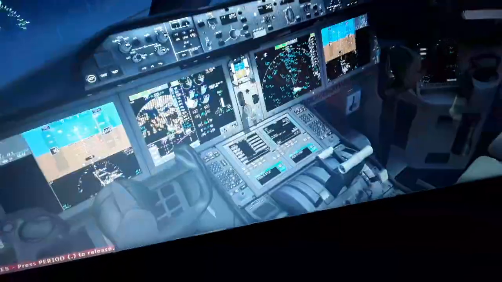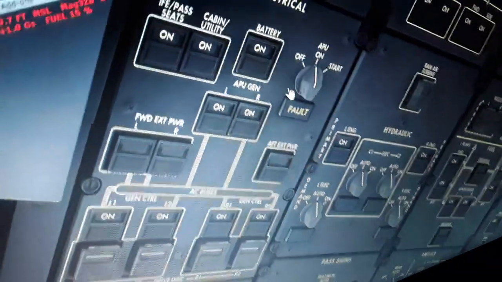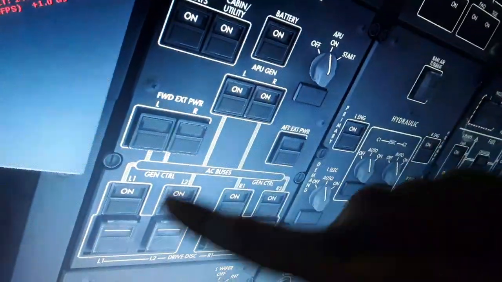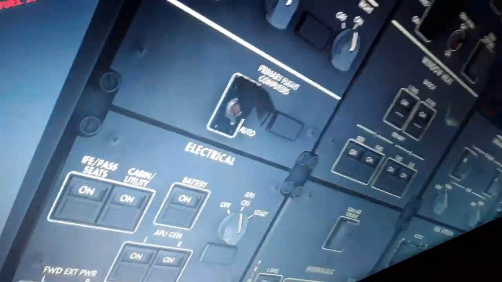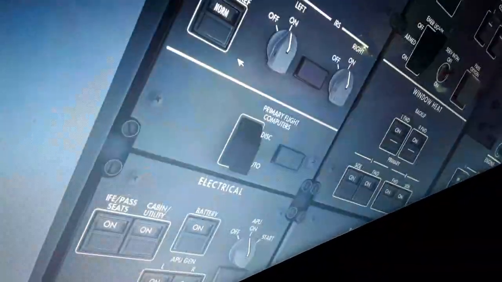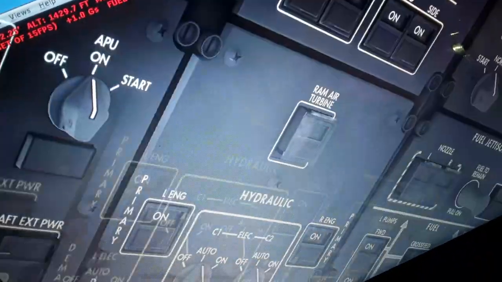We're going for the engine start demonstration. We need to set up, you can see the APU to the start position. We need to start the APU to start the engines. IGT 100 to 200 volts for 100 Hz frequency. The battery 180,000 kilovolts. Primary flight control computers in the auto position. So the APU is going to give us electric power and pressurization. The air data computer, primary flight control surfaces, also the battery over here, the towing power, door over here, passenger oxygen over here, window heat over here, ram air turbine, left and right